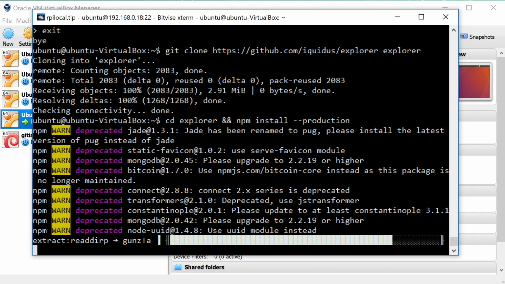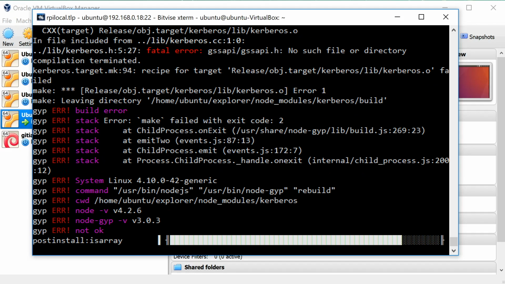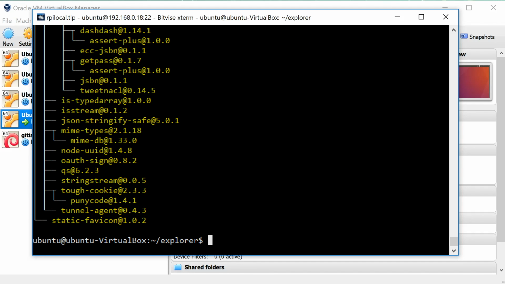Go, go, go, go, go, go, go. Yep, there are the errors. Don't worry about those. We should still be fine. And next up, we're going to do this, which is going to copy the settings template in Iquidus to a different file. So do that. And now we actually can start editing the settings file, but before we get into that, we